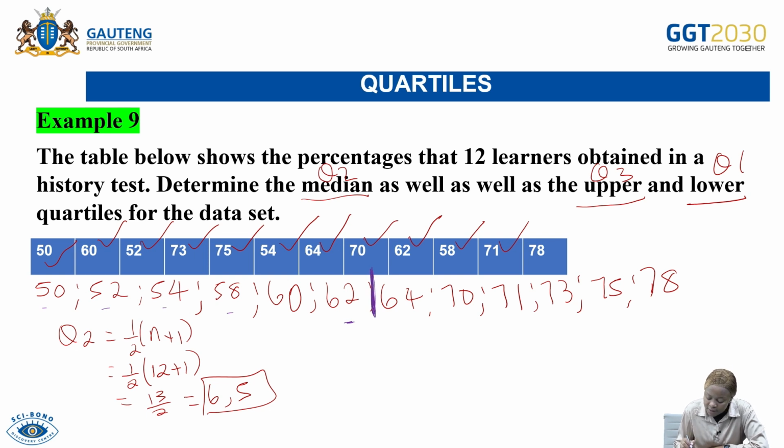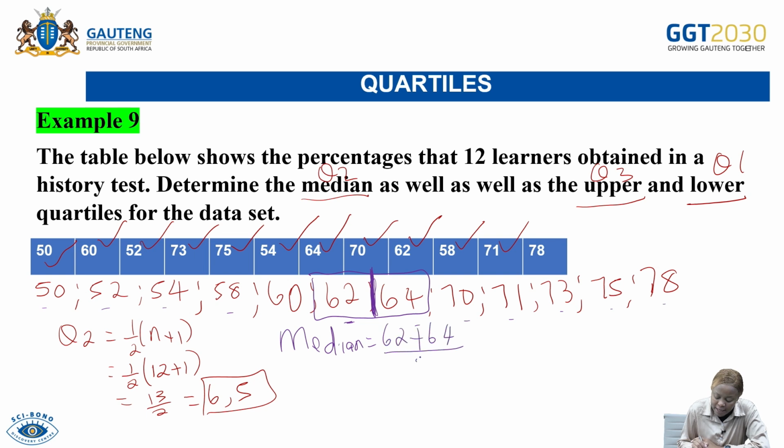Okay, so even if I start this at 1, 2, 3, 4, 5, 6, position 6,5 is going to be between 62 and 64. So it means my median will be given as 62 plus 64, then I divide by 2. 62 plus 64 is going to give you 126, and if you divide by 2, you get 63. Ne? So your median is 63. Are we together? Okay. So now I can find my lower quartile,